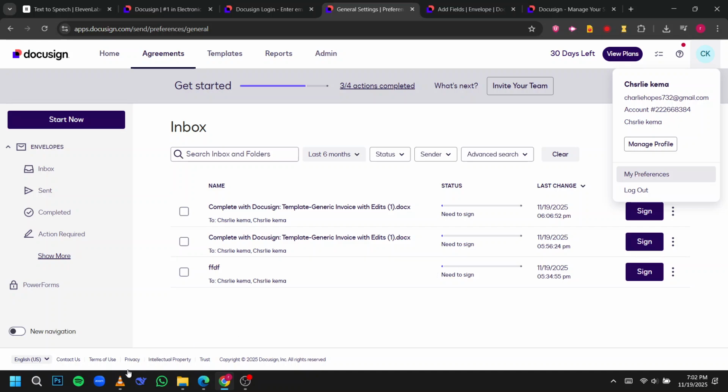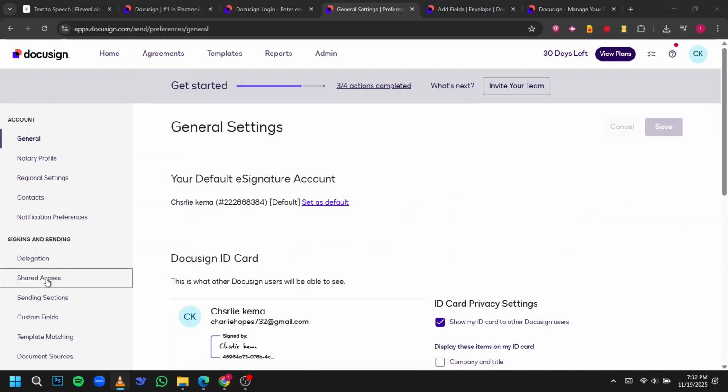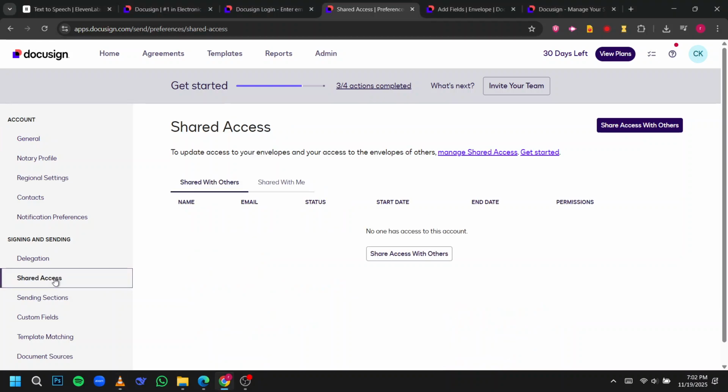Inside My Preferences, you'll find an option labeled Shared Access. Shared Access allows you to grant permission to others, such as team members or collaborators, enabling them to manage and work with the envelopes in your account. Clicking on Shared Access opens a section where you can manage who has access and the level of access they hold. This feature is especially helpful when you're part of a team or need someone else to manage certain tasks